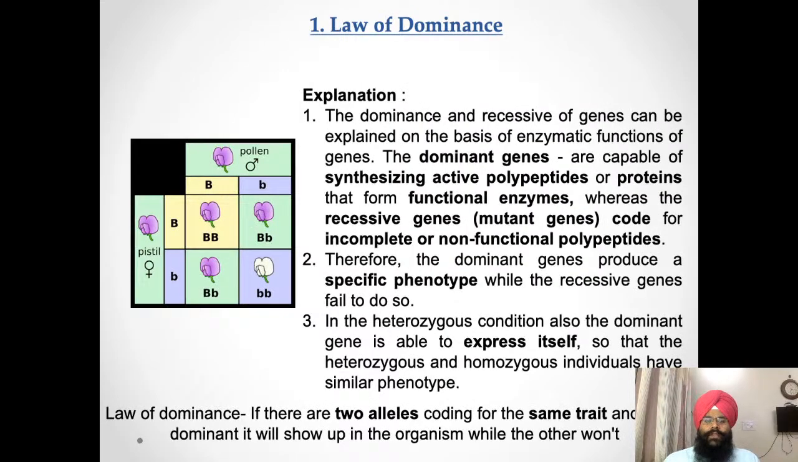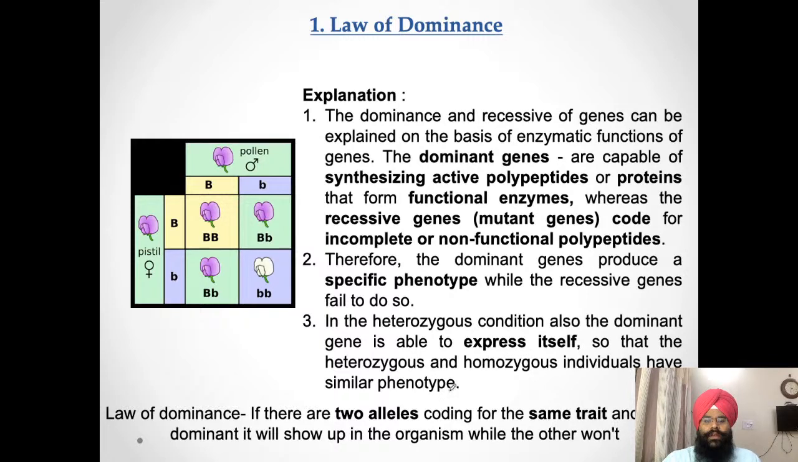Non-functional polypeptides. Therefore the dominant gene produces specific phenotypes while the recessive gene fails to do so. That's why we always see purple color, because of the active polypeptide chain in them. Then in heterozygous conditions, the dominant gene also expresses itself, so heterozygous and homozygous individuals have a similar